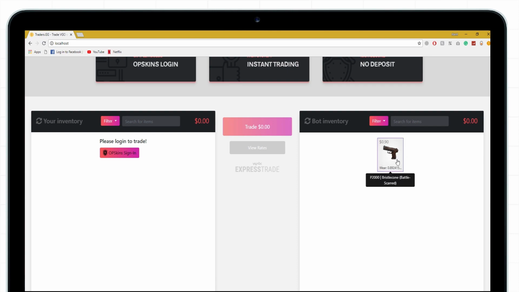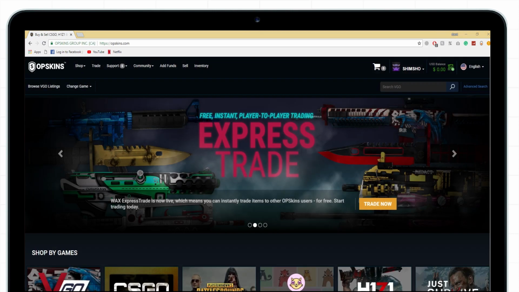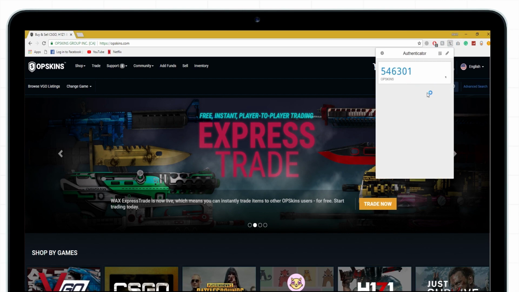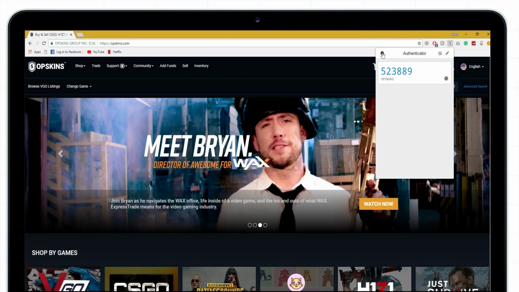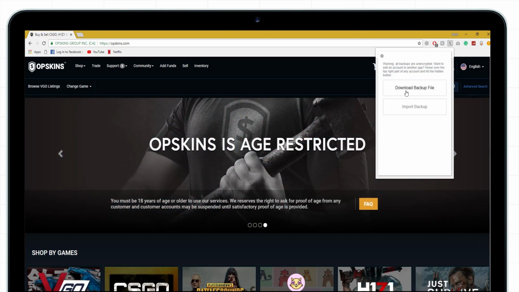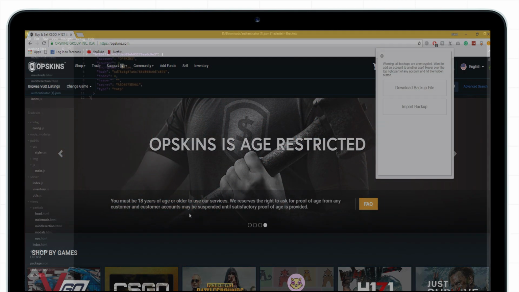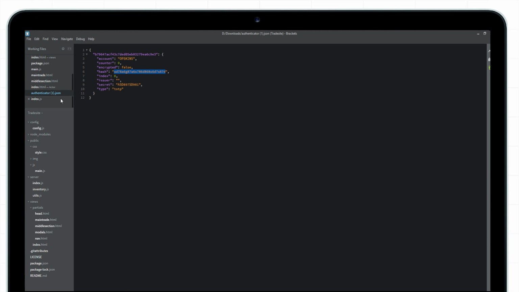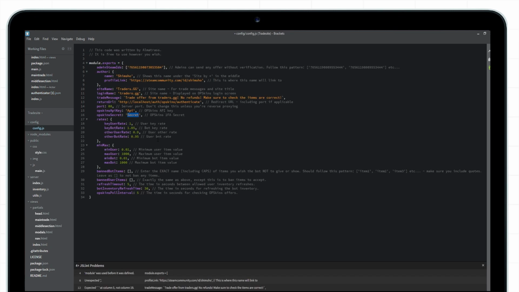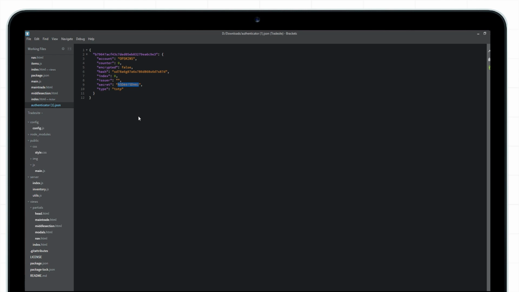Make sure at the end to provide your API key and the secret. We have an API key from before, and to get your secret you need to have an accessible two-factor authentication. For an example, my two-factor auth is a Chrome extension which allows easy access to copying and storing codes. On this Chrome app I can easily export my auth information as shown, and by opening this file I can find my secret. Place the two pieces of information in the required positions in your code, and you should have